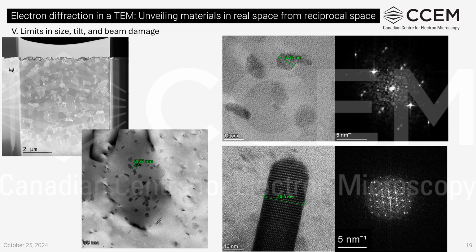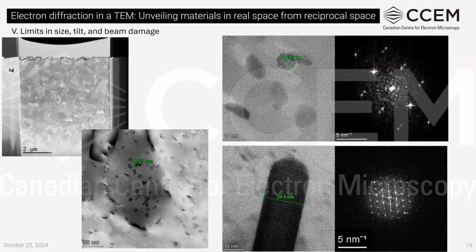So if you would like to perform hunting for a specific zone axis, it is better that during the FIB process, we take the TEM foil from a suitable orientation based on the prioritized orientation in the material or based on the orientation map of the material, just to make sure that the specific zone axis that you want is reachable in our TEM.